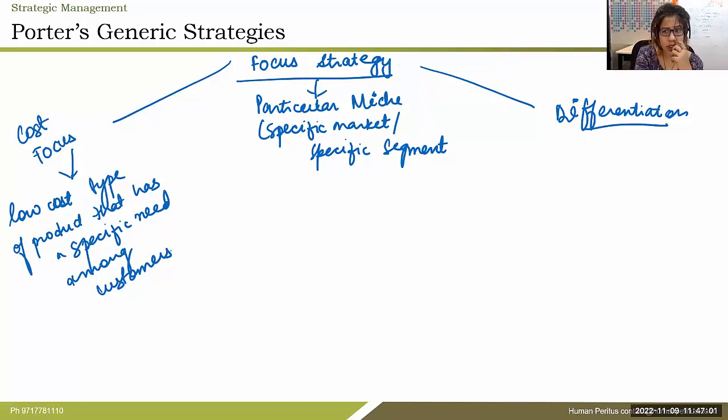For differentiation focus, you know that 90% of the people in India are right-handers, and only 10% are left-handers, right? People who use the left hand. So there's a company called Lefty. That is how it has differentiated a product. It has only